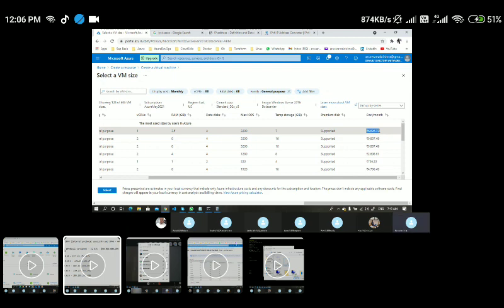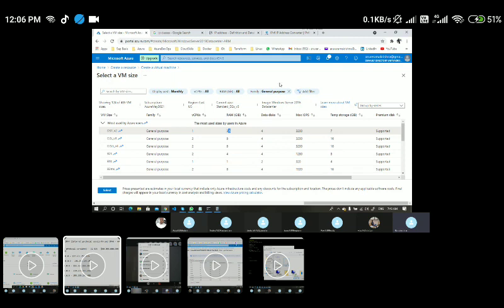If you keep this particular VM up and running for 1 month, 24/7, you will be charged 6,626 rupees when you go with one virtual CPU and 3.5 GB RAM. So this is something like general purpose. Now if I go with the GPU,